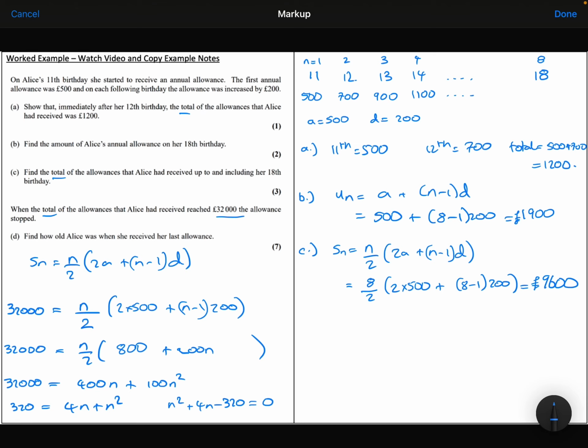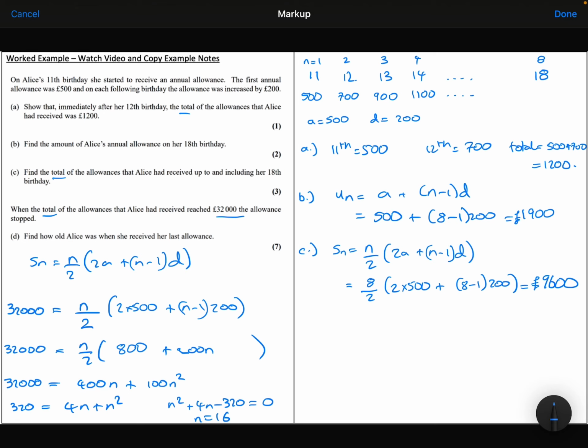So I'm going to use the quadratic formula to do this quickly. You've obviously got your quadratic solver on your calculator to help you with this as well. So I find that n is 16, or n is going to be